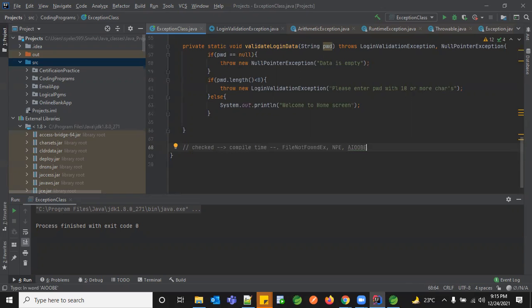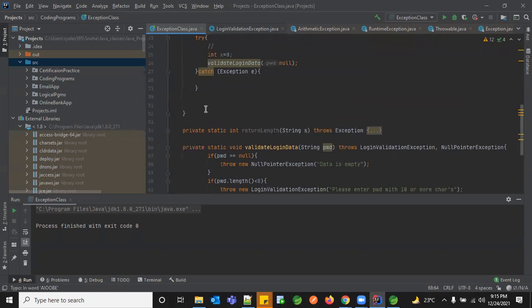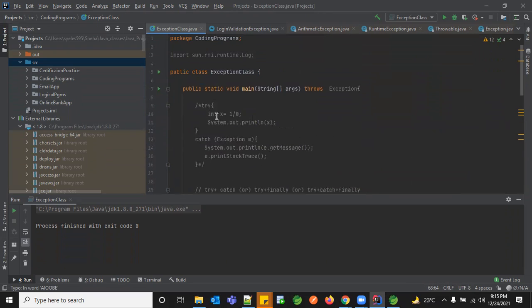What are unchecked exceptions? When we tried the arithmetic exception here, this one falls into unchecked exceptions, because right now you have hard-coded data and you're able to guess it's going to give you an exception. But this happens at runtime, right? Even if you control this value, you'll not be able to control the arithmetic exception at runtime, which is not in our control. So those kinds of exceptions fall into unchecked exceptions.